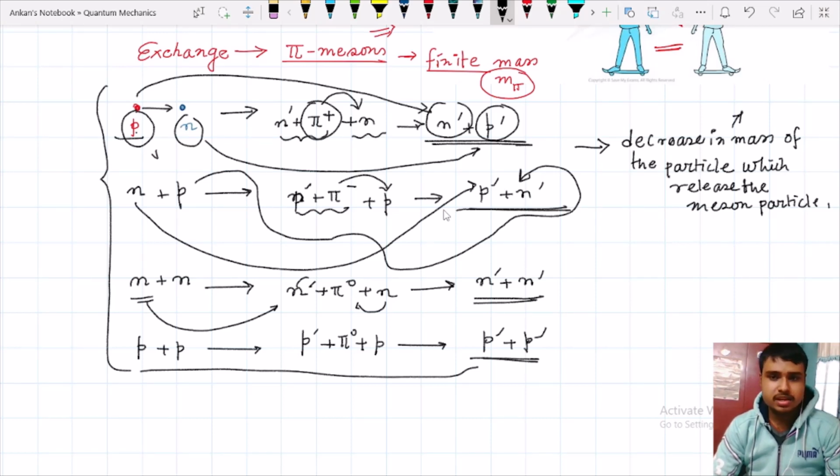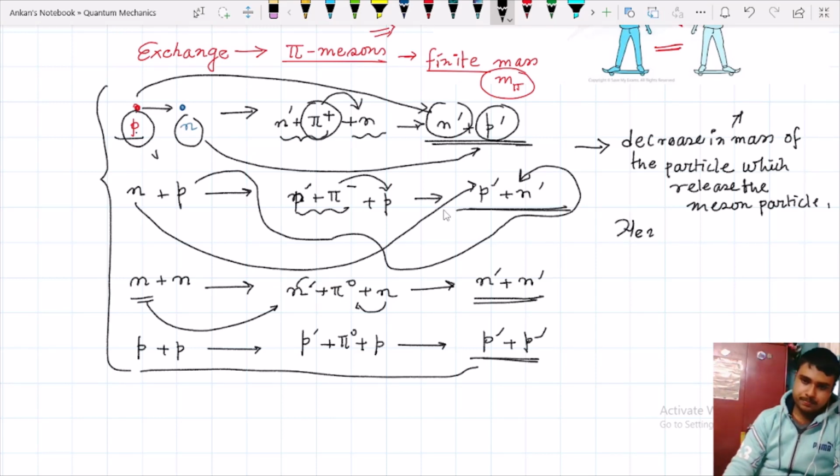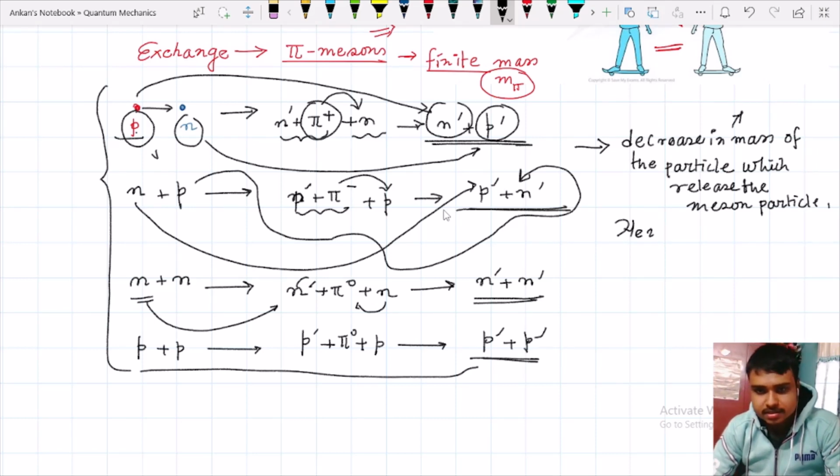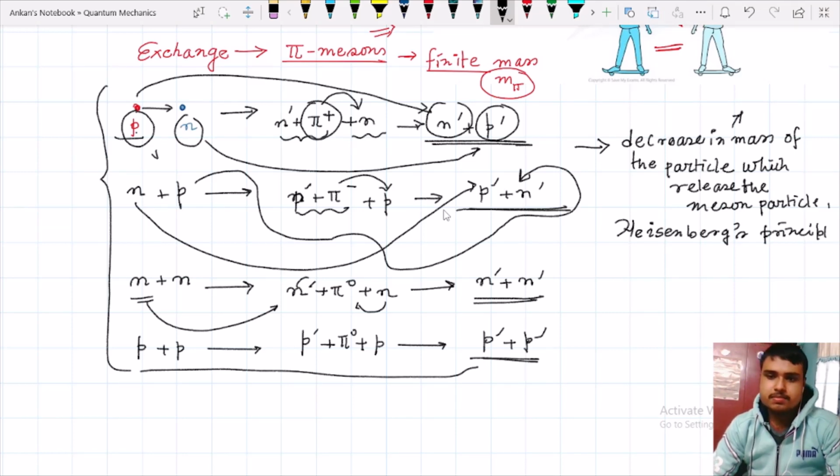If mass should decrease, then it will get transformed into energy. So the energy conservation gets violated here. Then how can we explain this? I will tell you that Heisenberg's uncertainty principle answers this question. What does Heisenberg's principle say? Heisenberg's principle says that the uncertainty in energy and uncertainty in time is greater than or equal to h bar